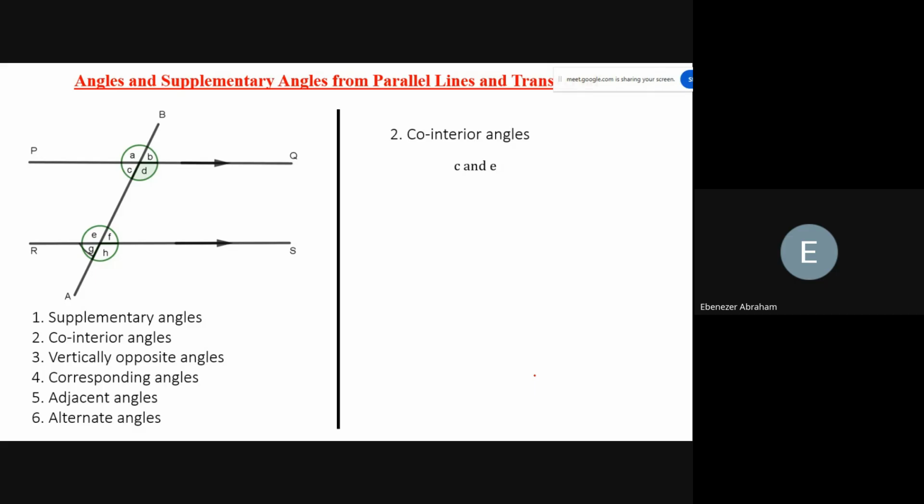Anytime I'm teaching students, I tell them certain shapes can tell the kind of angle you will get. So this shape from the diagram, I'm tracing,